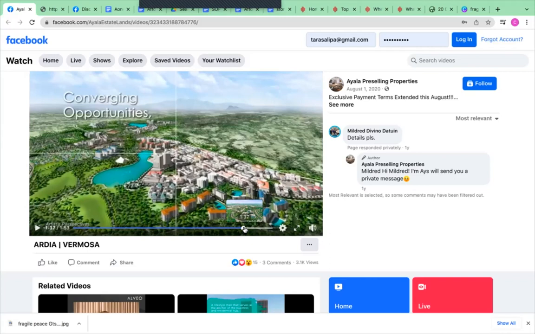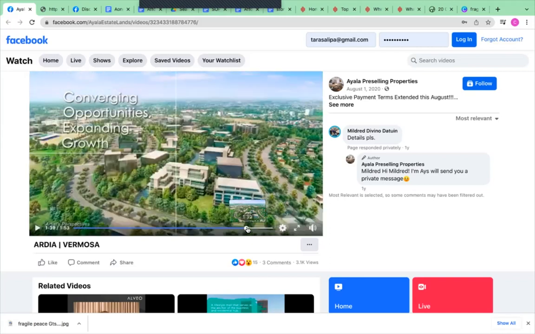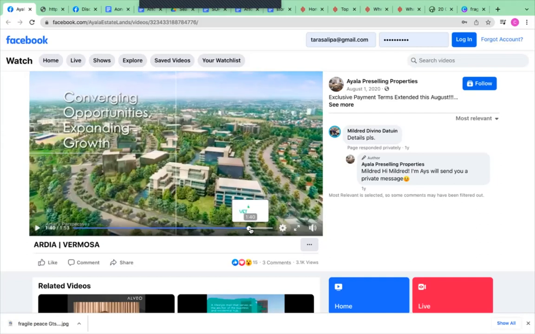Okay, you should already know this by now, no? If not yet, that means you still have a lot to catch up, no? If they're using, this is Ayala and they're using 3D videos, images, ibig sabihin, the project is not yet done. Done po. Hindi pa po tapos. Yeah, correct. Kasi kung Ayala yan kung even if it's halfway done, maganda na yung gawa nila, they'll show,